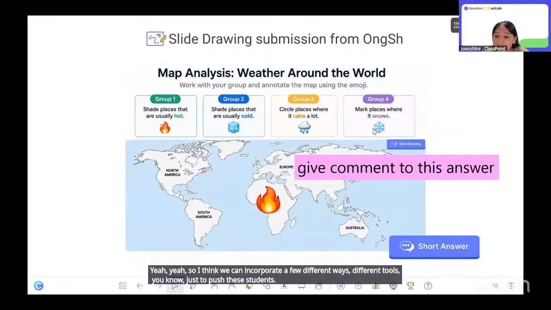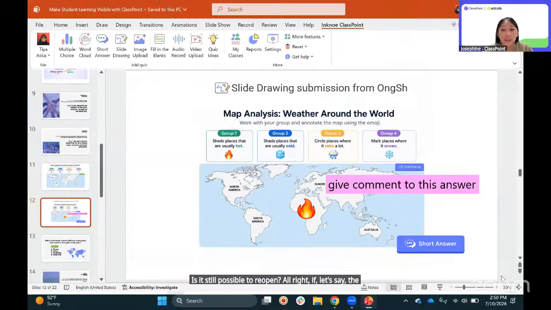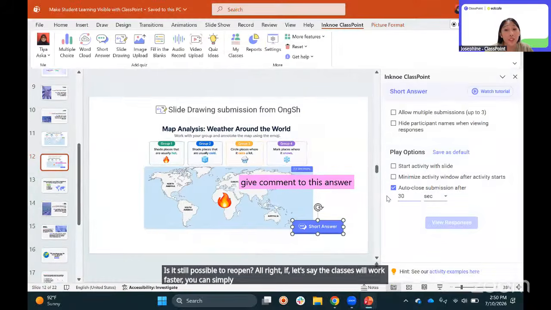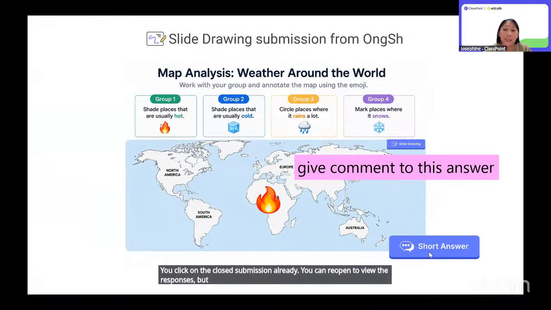All right. And for better classes who work faster, can the countdown be reduced during the activity instead of plus 15 seconds? Or once you click on close submission, is it still possible to reopen? If let's say the classes work faster, you can simply click on the close submission and just end off the submission, if the time allocated is too much. But if you click on the close submission already, you can reopen to view the responses, but you won't be able to run the exact same one, because once you click on the